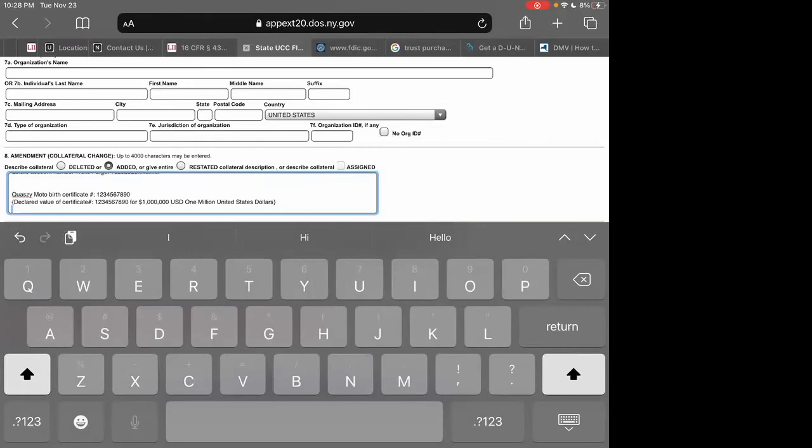And for those states, can't you show them a memorandum of trust, which doesn't show your entire trust agreement? Yeah, you can do that as well if you have one.